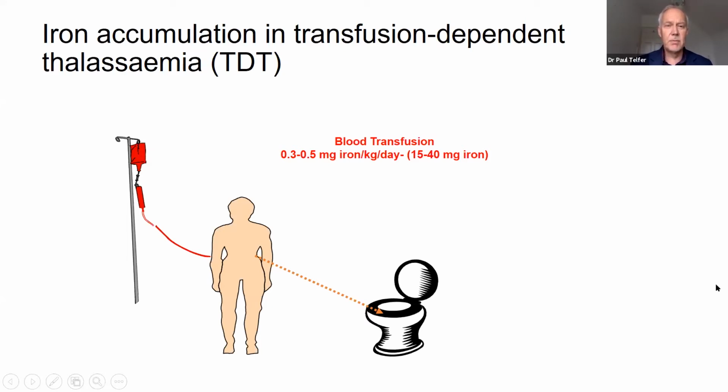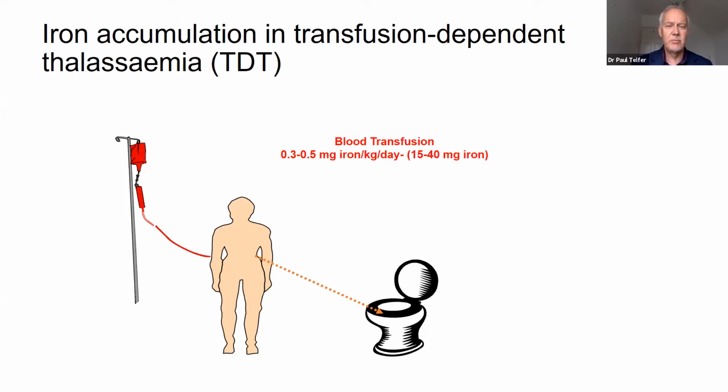Well, the basic problem is that when we give a transfusion, we're giving a certain amount of iron. Iron is part of the hemoglobin molecule, and the body doesn't have a method for getting rid of extra iron that comes in with the blood. And it's quite easy to calculate how much additional iron is accumulated in the body with each transfusion. And this